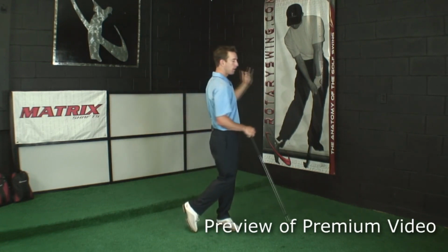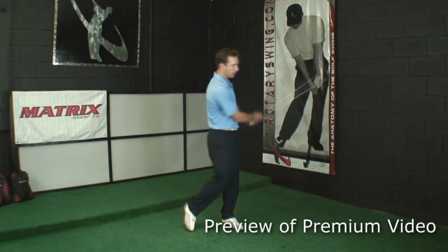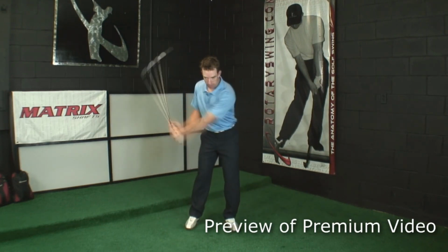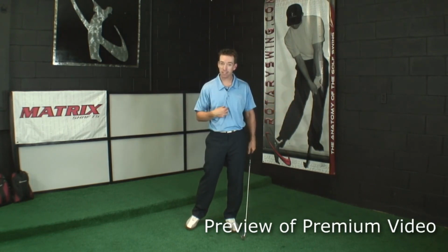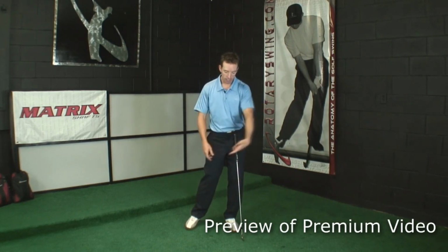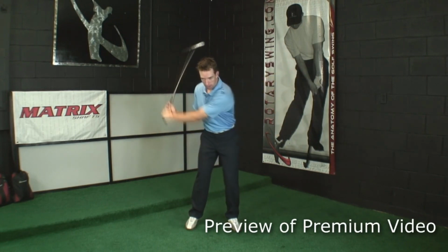They use their body. And the problem with that is if your body keeps turning through impact, the clubhead and your body have to move at a more relatively constant speed together, versus letting my body stop and the club can move very fast and my body doesn't have to do anything. In fact, the club can actually release faster as my body slows down and I transmit energy up the chain into the club. So learning how to release the club and let that right hand come off is really important,